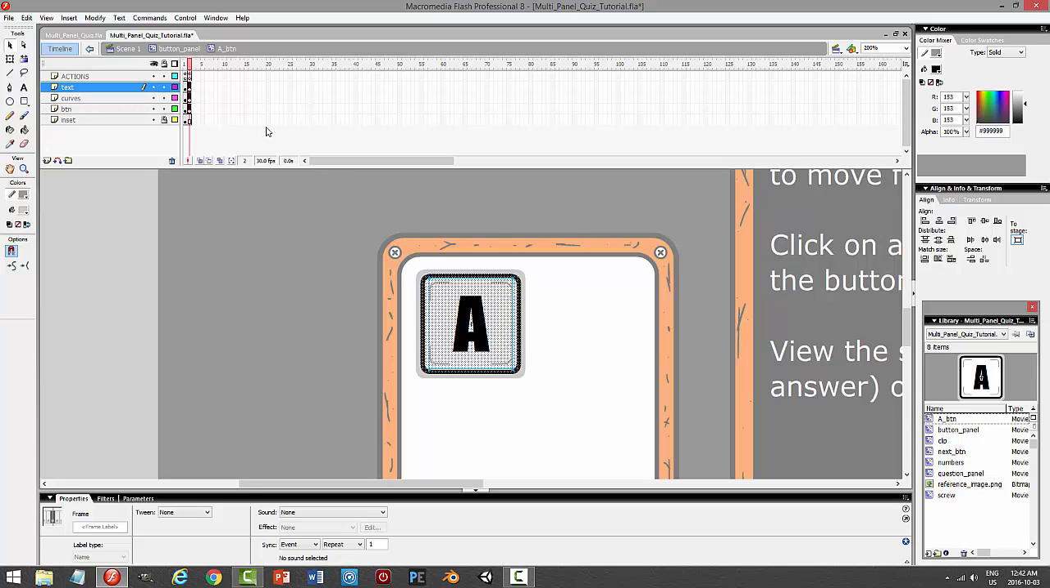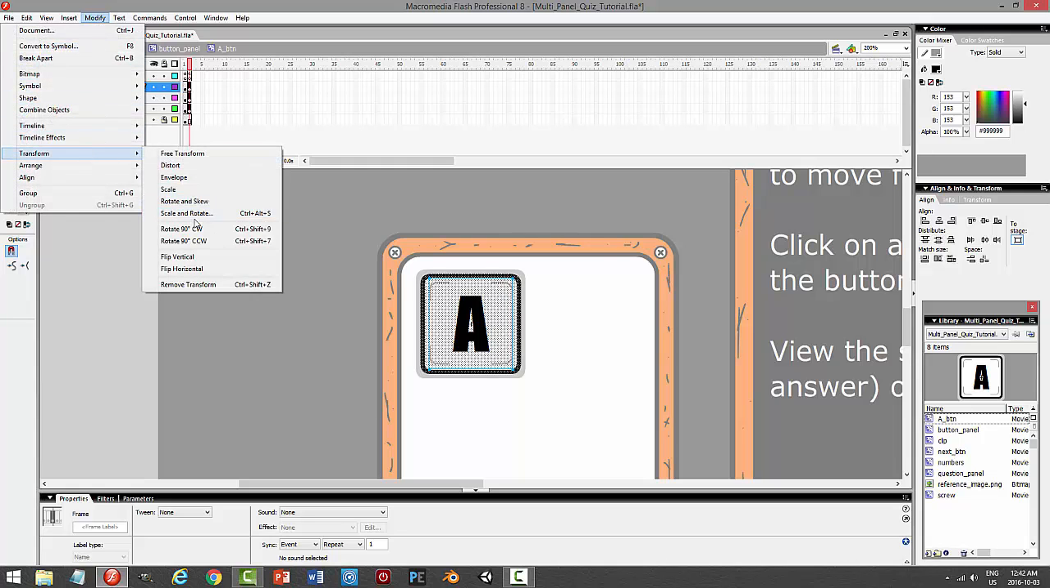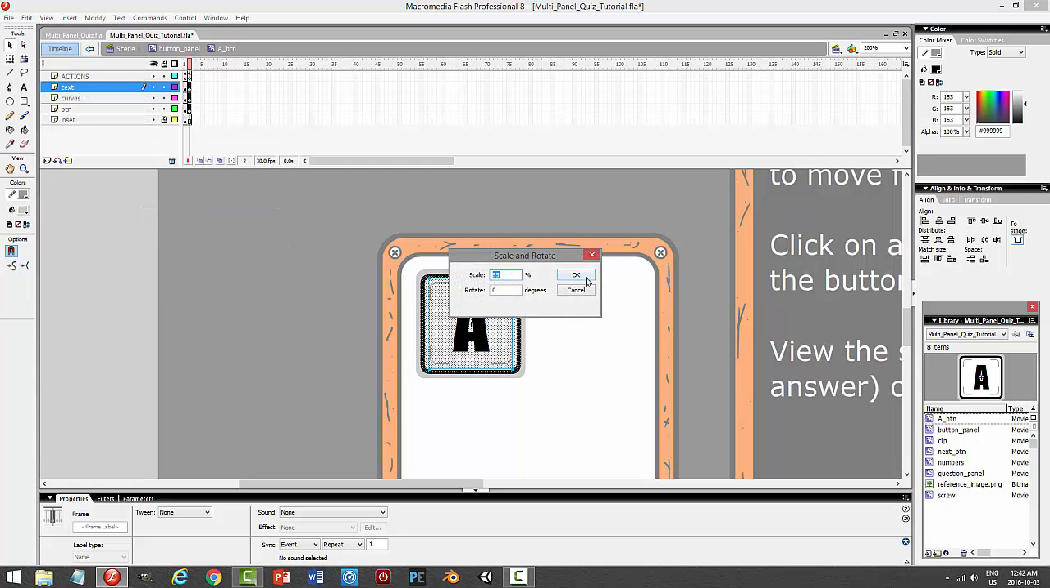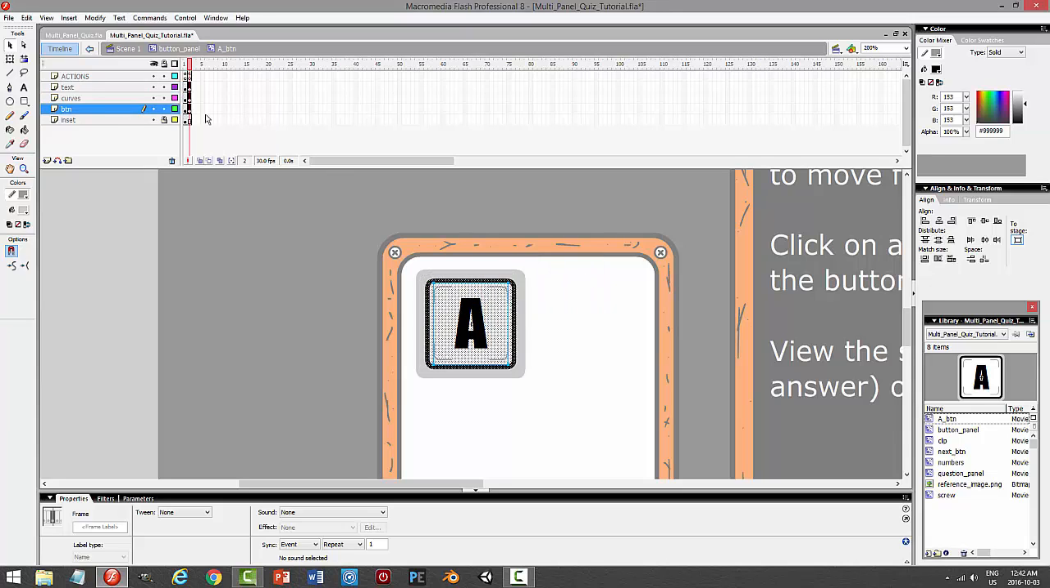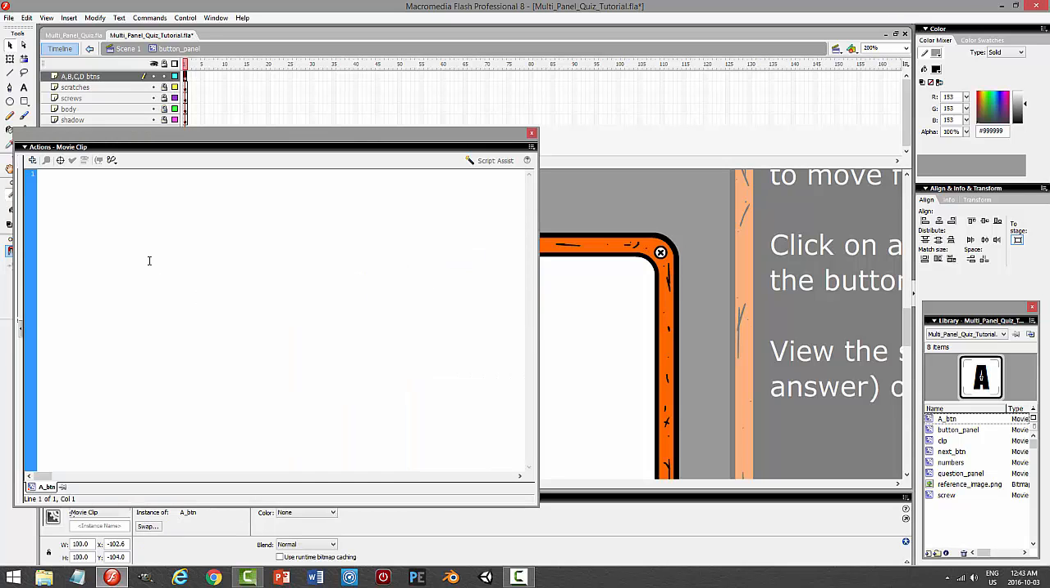We'll leave the inset alone, and we'll just go modify, transform, scale and rotate. I want 90. All right, so that's my button there, and it'll go in like that. Okay, so we're going to test it out. Of course, we'll put some code on here, and we'll see how it runs. I could copy this from the other buttons, but on press